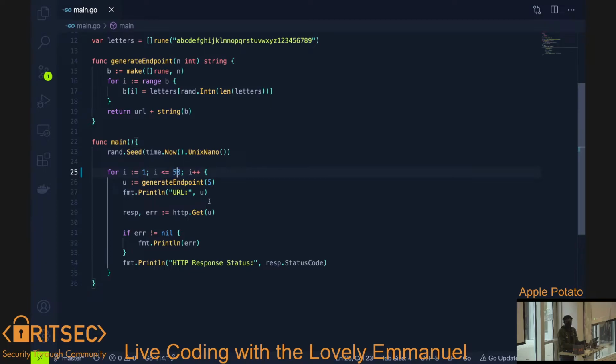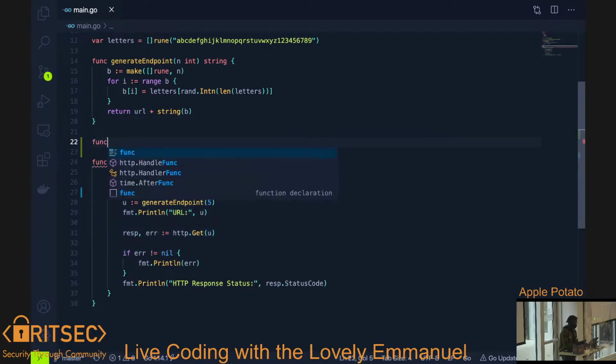How do you do a Go routine? Do I just go? I know how to do a Go routine, but this code was written about a year ago. I don't know. Okay, let's do this. So I can just put this. Okay, yep, we're doing some live coding right here.